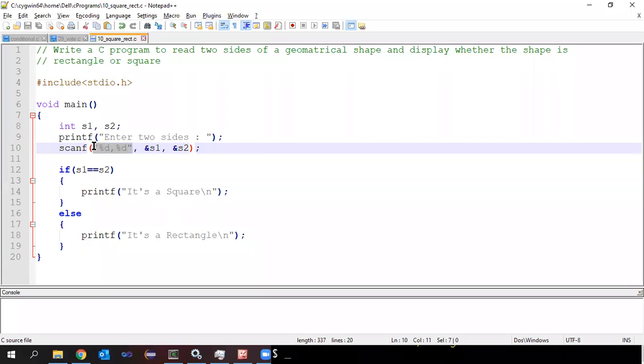That is for the format specifiers, within the double quotes. Do not give any characters apart from the %d or %f, apart from the format specifiers. If you try to give any characters over there, at execution time the program will not behave correctly. For example,